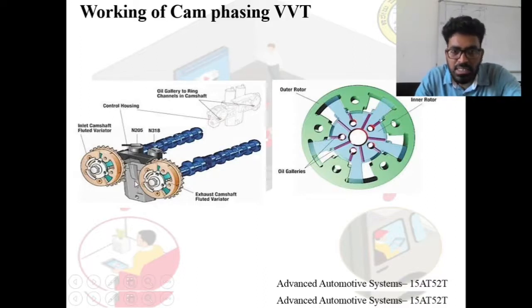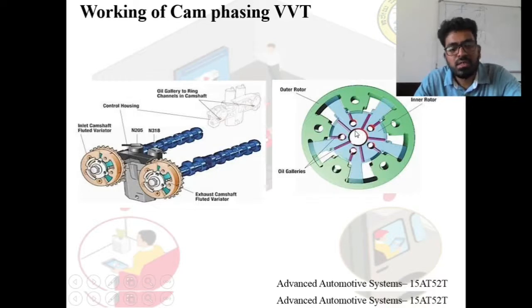this control housing supplies the oil or fluid through this port, through these oil galleries, and fills the right side chamber of the inner rotor, at this side, and the camshaft will rotate 10 or 15 degree or 20-degree advance. Advance, it will open. Okay. Suppose the engine is running at low speed, assume that engine has to be, sorry, the